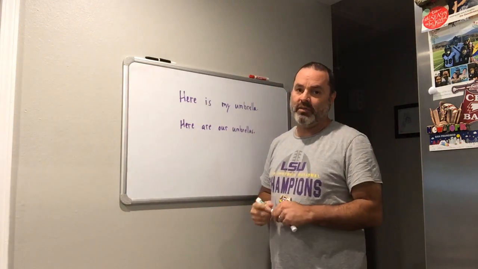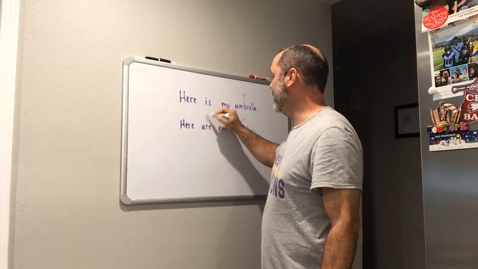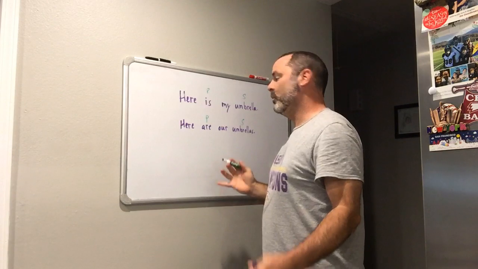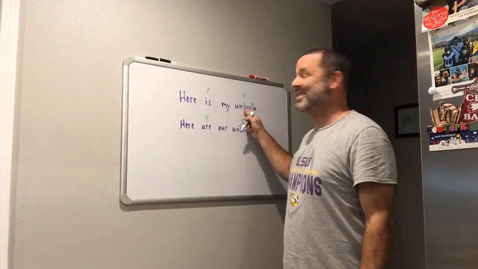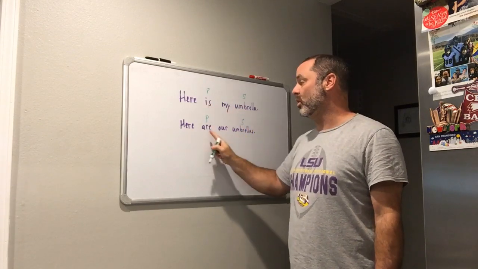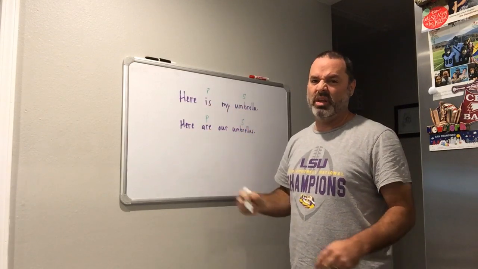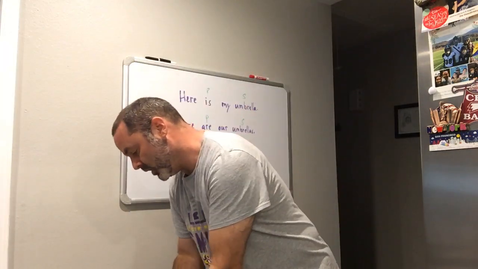All right, so sometimes, rarely, we have a sentence where the subject follows the predicate. And when this is the case, you still have to have subject-verb agreement. So because this is singular, I need the singular verb here. Because this is plural, I need the plural verb here. Pretty easy, so we're not going to spend a lot of time on that one. Okay, the next thing we're going to look at